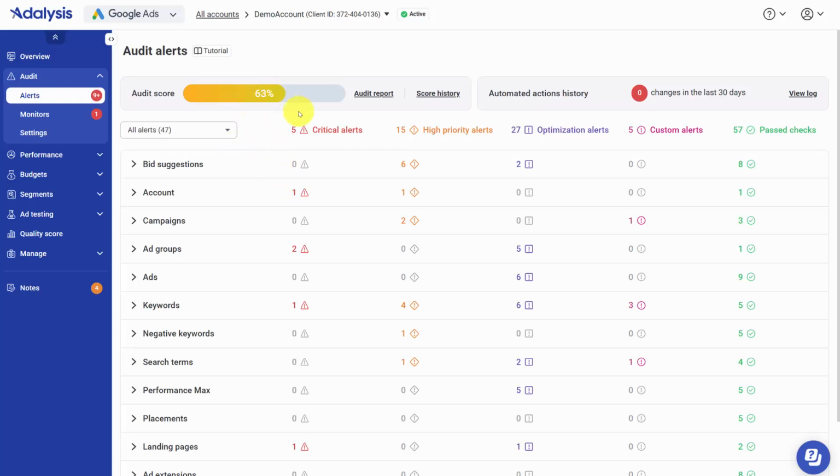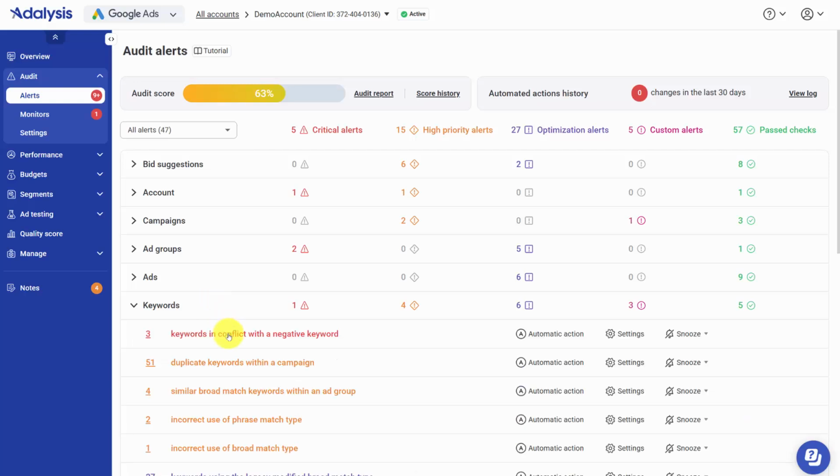Here you'll see your audit score. You can get a full audit report. You'll see your score history. And if you're automating items, you can view your log of automation. And then if you want to work on any alert, you can open up a section, click on the alert